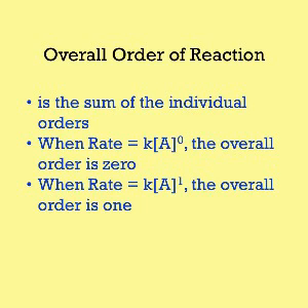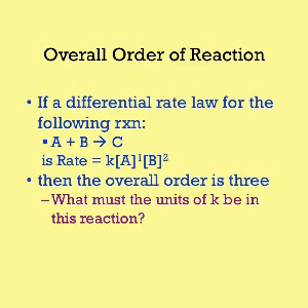So the overall order of reaction is defined as the sum of the individual orders. When, for example, rate equals K times the concentration of A to the 0 power, there's nothing to sum. It's just 0. The overall order is 0. When rate equals K times the concentration of A to the first power, the overall order is 1. But if we had